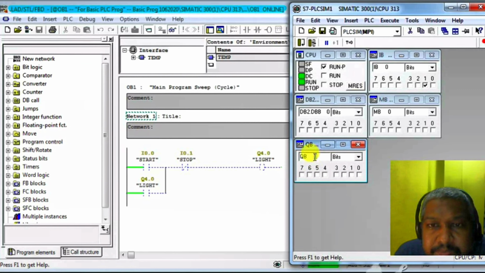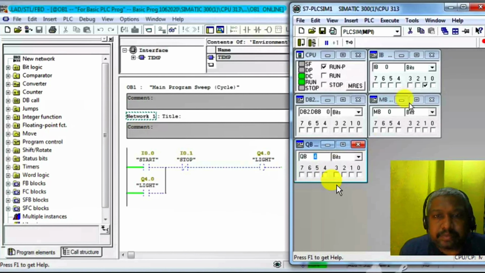So 4, enter, because the address is, look at guys, address is Q 4.0, so QB 4: 4.0, 4.1, 4.2 up to 4.7.